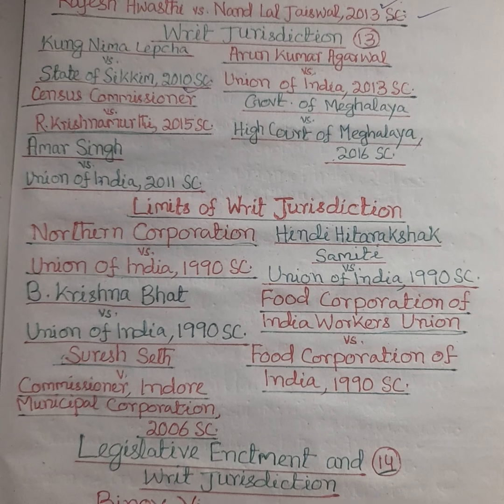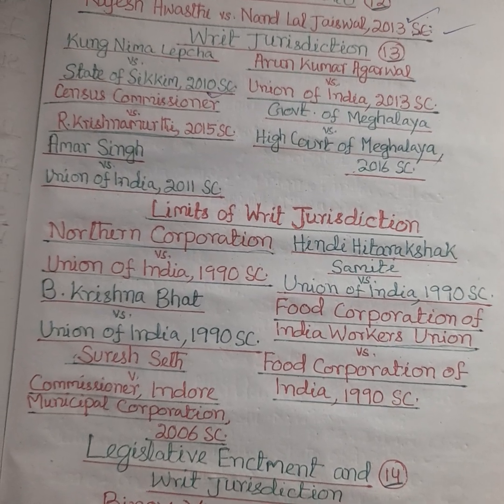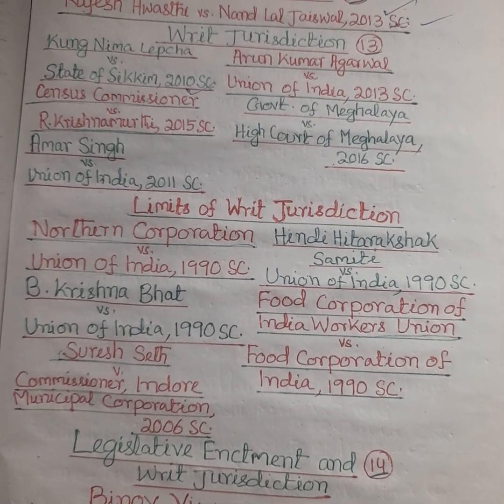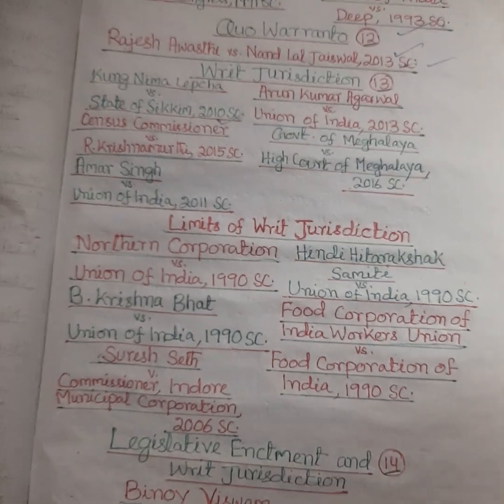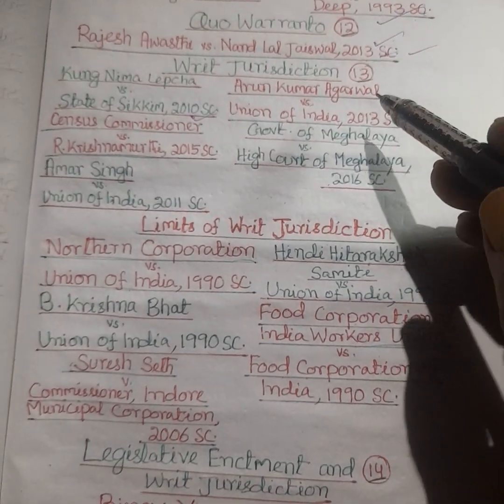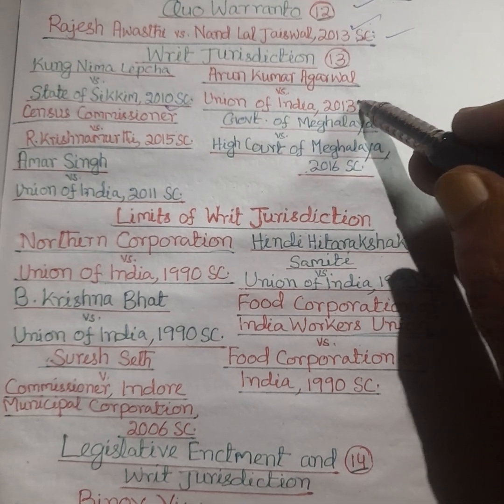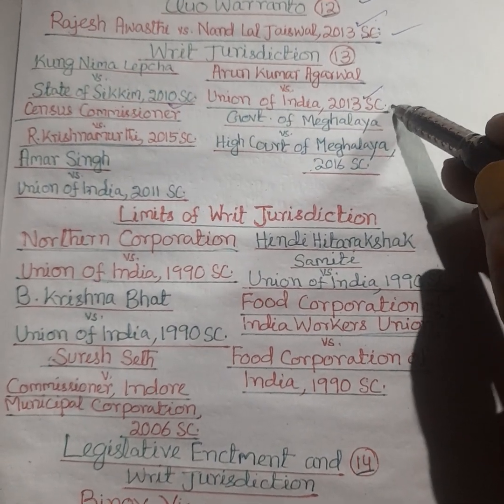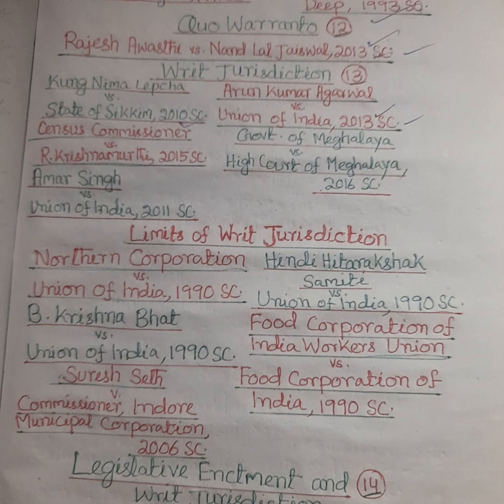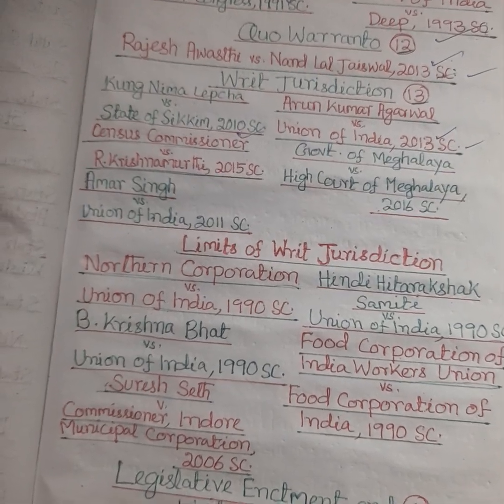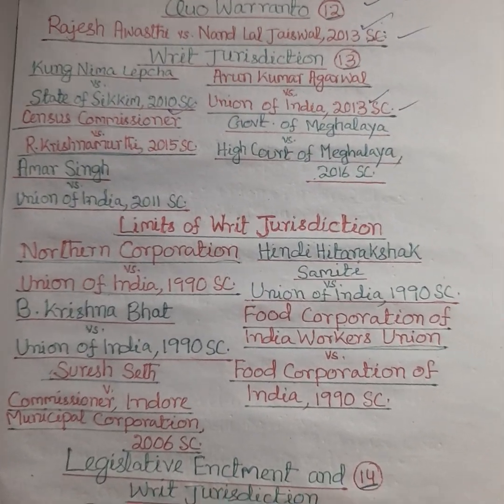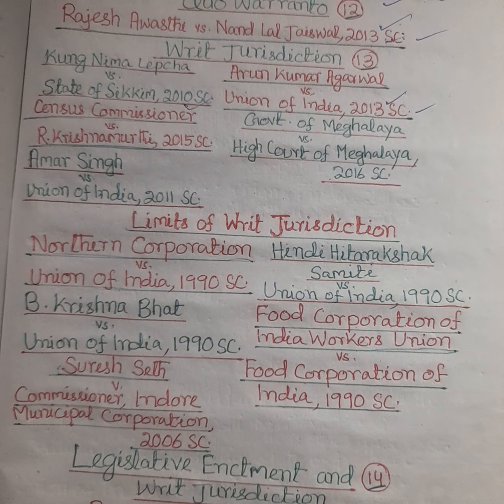So, this is how it is interpreted, and now we will go to another important leading case relating to writ jurisdiction. Arun Kumar Agrawal versus Union of India in 2013, where the Supreme Court expressed that the Supreme Court sitting in the writ jurisdiction under Article 32 of the